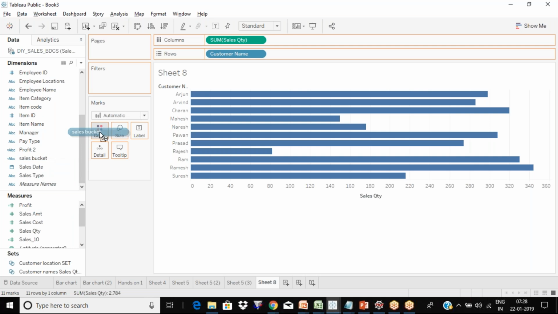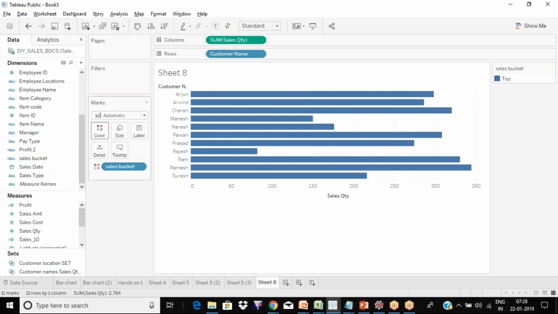Sales bucket. I'm dragging the colors, but here the color did not change because everything is above 10. You see, all the customers are above 10 only. So I want to take some other column then. So what I would do is, all the customers were greater than 250, let's say. So 10 is just a small number. The data is not like that. So let me take